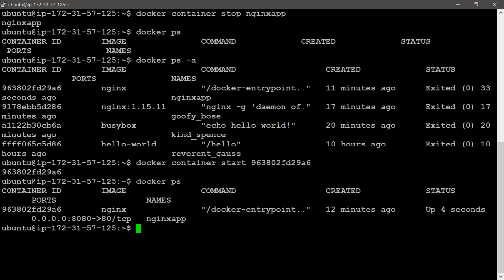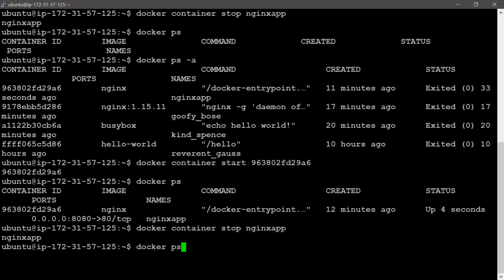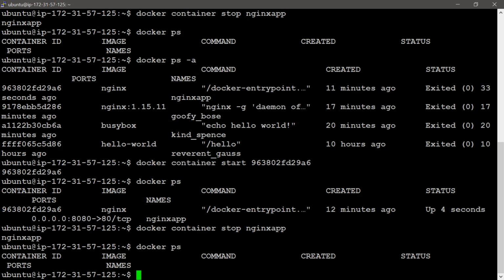We should stop the container first, then we can remove it. For this I am going to stop the container first. I am giving docker container stop, container name or container id. It is stopped. You can check once again. There are no up and running containers.